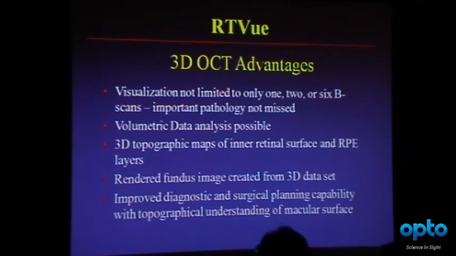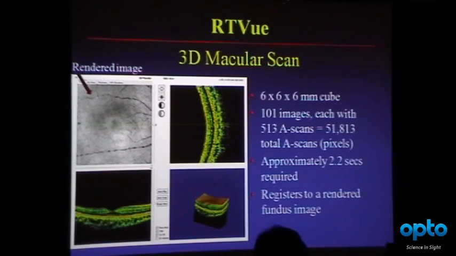So 3D-OCT, looking at the three-dimensional output of these machines. The nice part about the three-dimensional output is you can scroll through all the scans if you like, and you will not miss pathology that way. Accurate volumetric data is available. If you want to look at the inner surface topography, you can do that with the 3D scans. And you get what's called a rendered fundus image, which is like a black and white photograph of the retina. So this is the rendered fundus image, and this scan